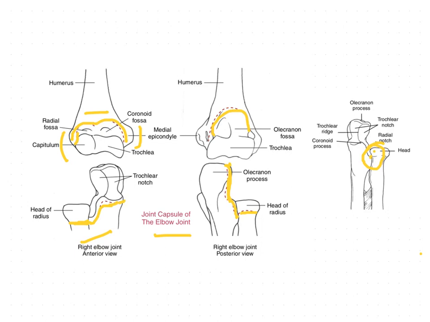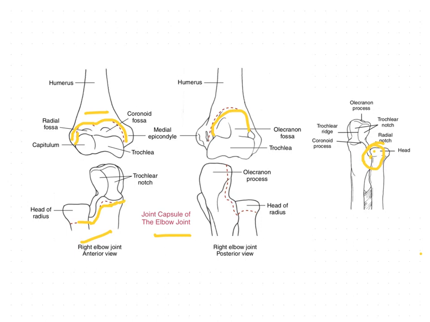Here the capsule is fairly large, loose and weak anteriorly. It is weak anteriorly and posteriorly. Both anteriorly and posteriorly the capsule is weak, and it contains some folds. The capsule contains folds that are able to expand to allow for a full range of elbow motion. So if the capsule is not loose or doesn't have any folds,